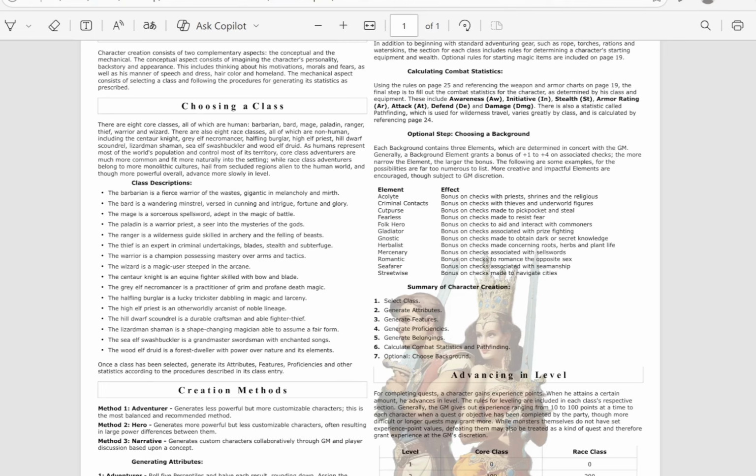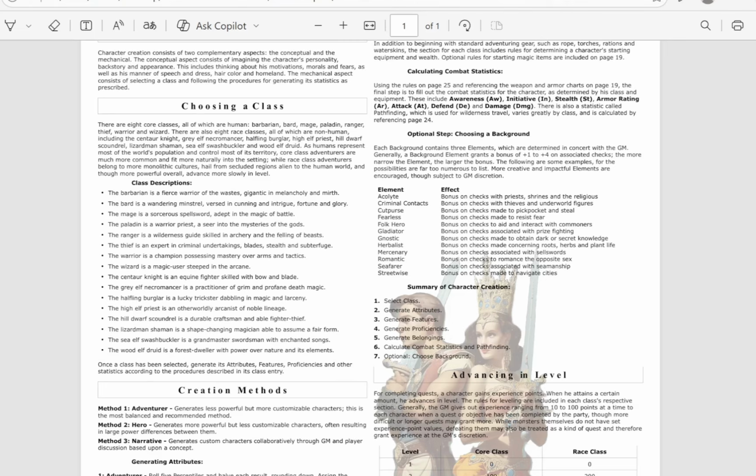And again, each class has a way of engaging adventure fundamentally differently. The archetypes are very strong. But there's a distinction between these 8 core classes, from barbarian to wizard, and then the centaur knight down to the wood elf druid. They approach things, half of them one way, half of them the other. So the 8 human classes are more professions, like professional adventurers. They approach adventure a certain way.